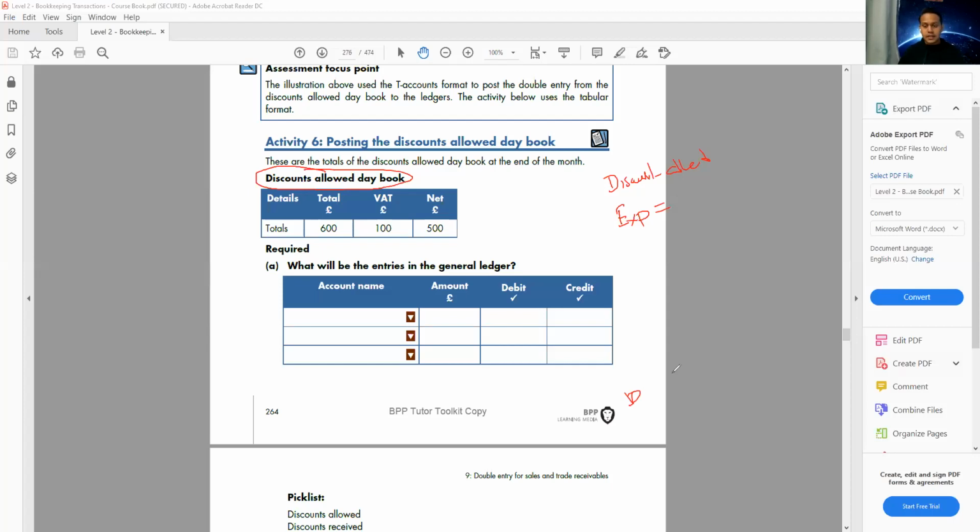D-E-A-D, isn't it? Debt. And on the debt, you have an E for expenses, isn't it? And if the expense has gone up, this is your debit, isn't it? So if you give a discount to your customer, it is an expense for you, and expense is a debit. So expense will be debit, so discount allowed will be debit. Yeah. Now the next question is, if you give the discount,